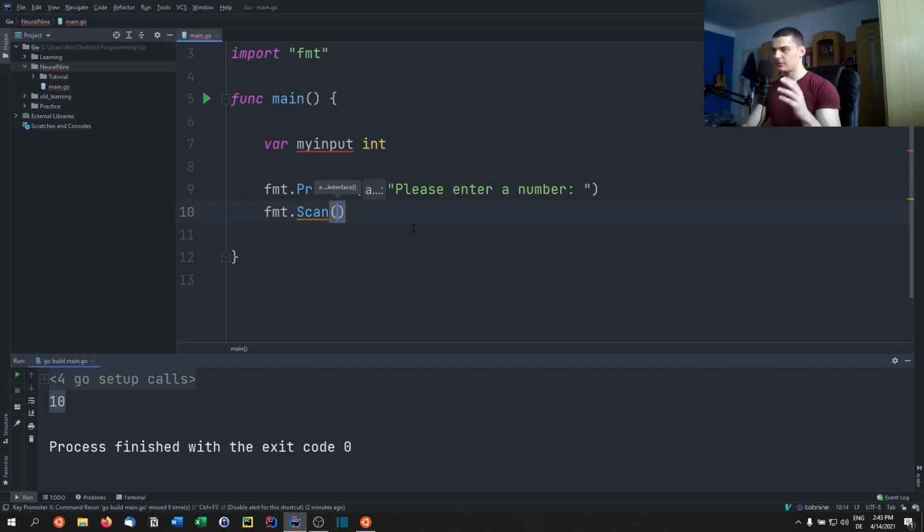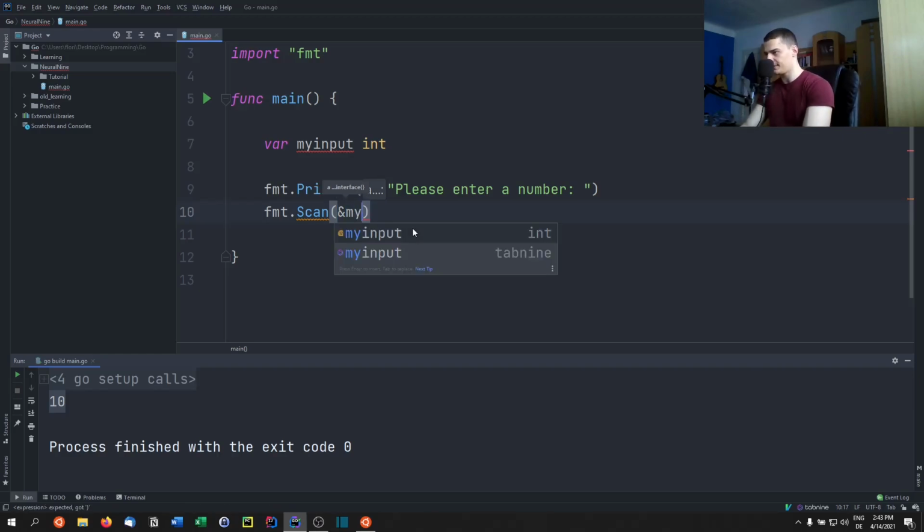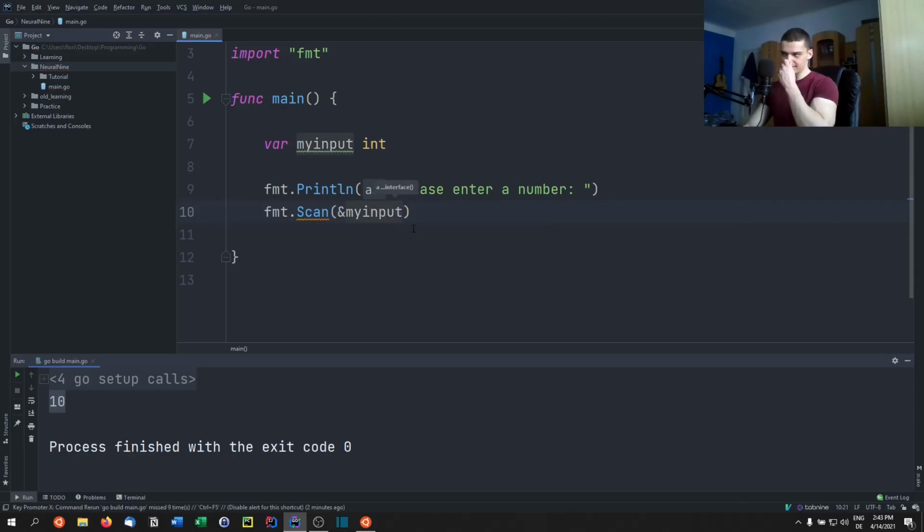And now we need to reference this my input variable, and we're not going to talk about pointers yet or referencing yet, but in order to make this possible, we need to pass this & symbol here and my input. So we cannot just pass my input, but we have to pass this operator here and my input. And we're going to talk about this operator later on in the series, but for now, just accept that this is the case,